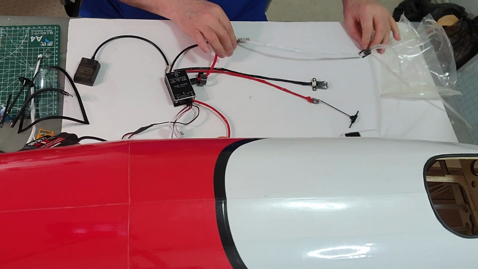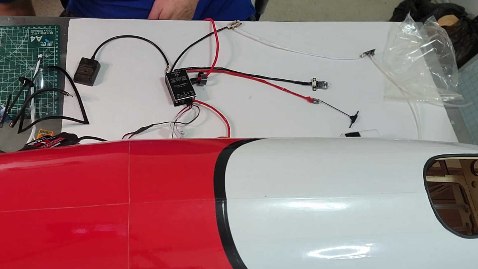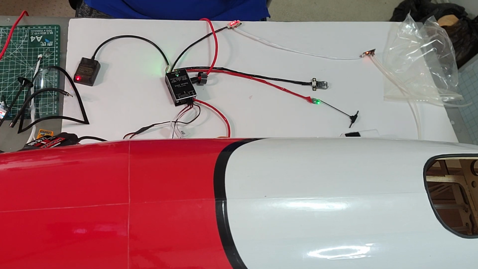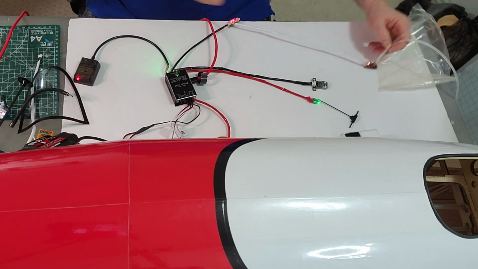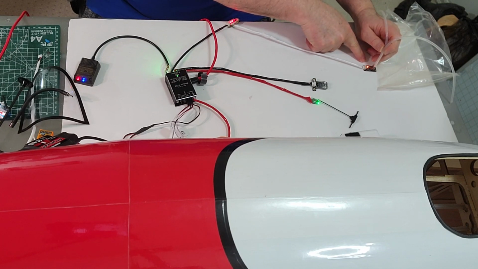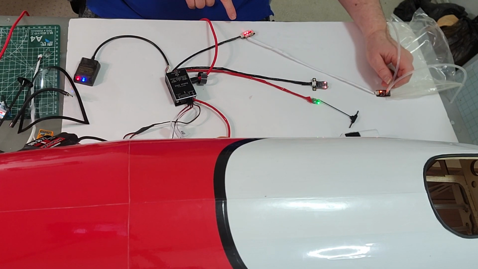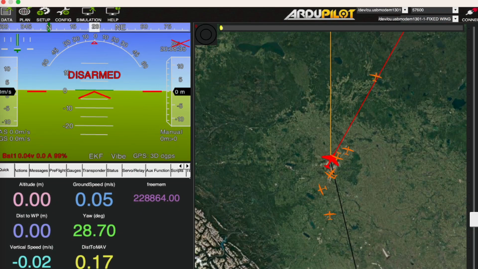We'll just leave that out there disconnected for now. And what we'll do, we'll connect up again, power it on. We can see that we have power on the airspeed sensor coming from the I2C. It's also connected through here through the hub. And what we also need to do is connect